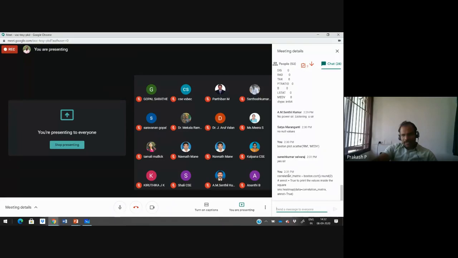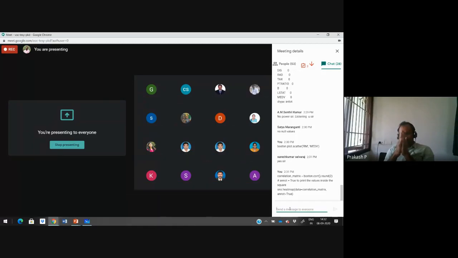This heat map we are drawing is for the correlation matrix. What is called correlation? I already explained. As the summer temperature increases, the possibility of ice cream sales also increases, which is called positive correlation. Right. When the temperature decreases, the ice cream sales also decrease. This is also a positive, one-direction correlation.